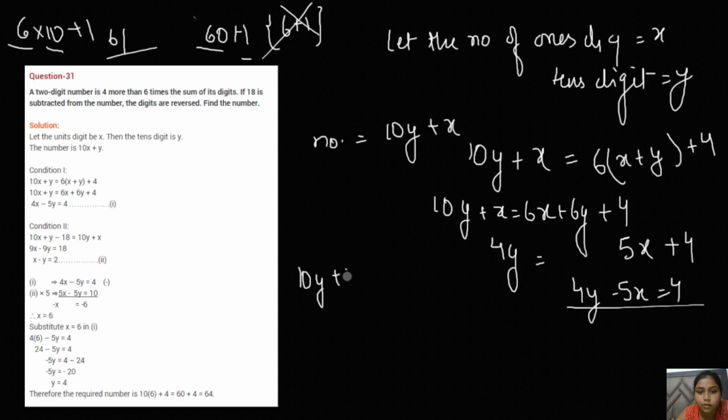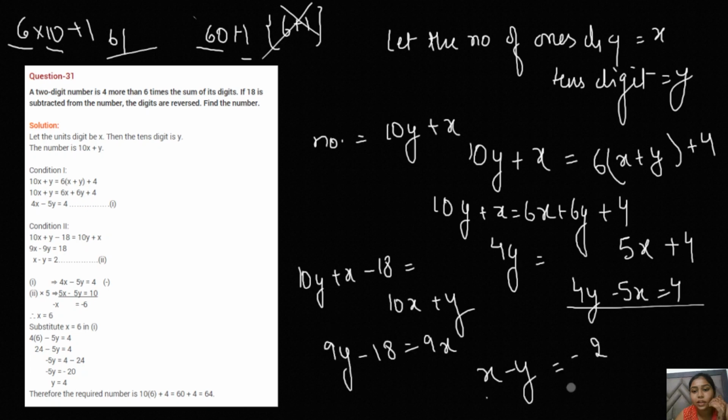So now you can just solve this equation out and you will be getting 9y minus 18 equals to 9x. Am I right? You are getting this equation and you can just get x minus y equals to minus 18. Oh, minus 2. This is the equation you will be getting, right? This is the particular equation that we get in this particular scenario. Now you just have to solve them using any of the methods and you will be getting the answer. Okay, then whenever you get the value of y, you can just multiply it by 10 and then add the ones digit and you will be getting the whole number.